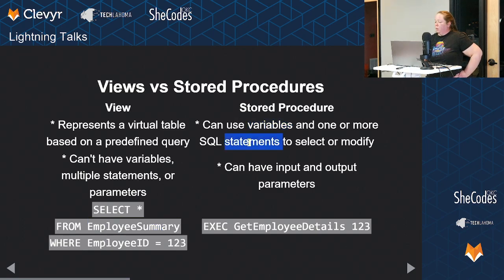You can have more than one SQL statement. You can modify data, where in a view you're just selecting. And you can have input and or output parameters. And so the difference is that for a view, I'm selecting from something, whereas with a stored procedure, I'm executing this procedure to